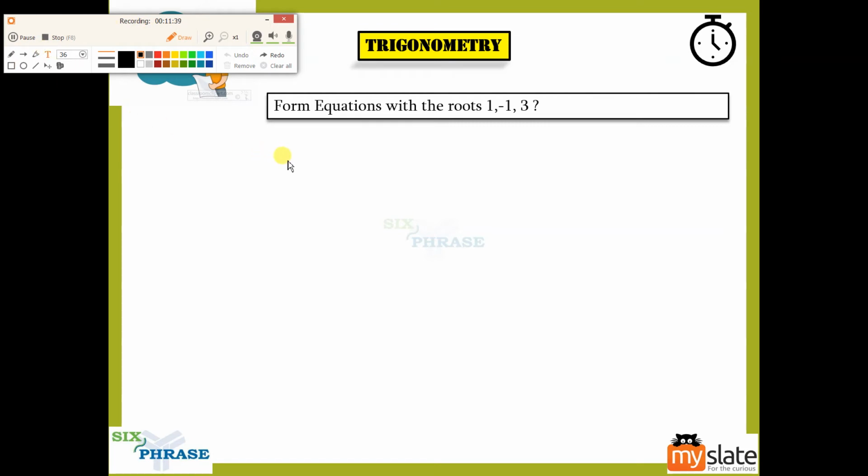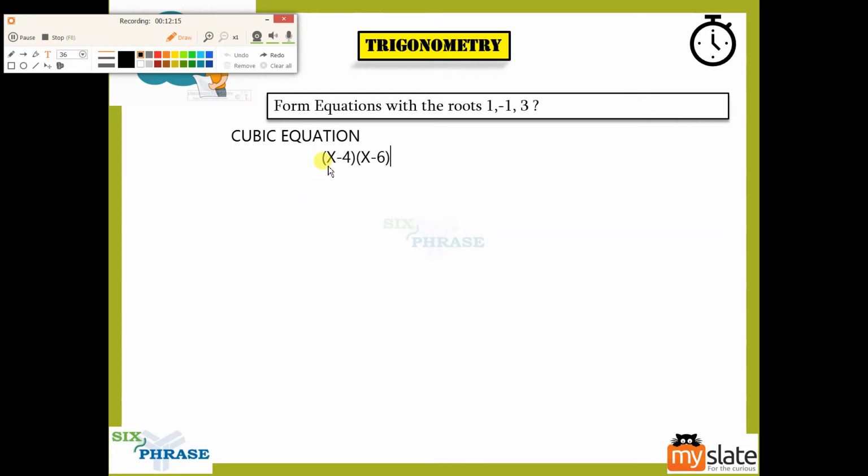Yes, you have three roots. What does it mean? It means it is a cubic equation. When you have three roots, guys, we are dealing with a cubic equation. Now how do you form the equation? Do you remember, when we have a quadratic equation and we solve it, we'll have something like this, x minus 4, x minus 6.